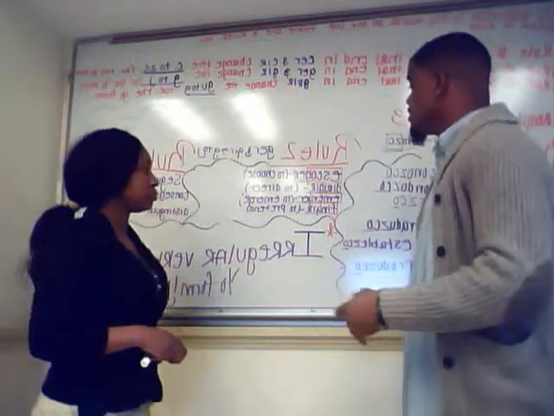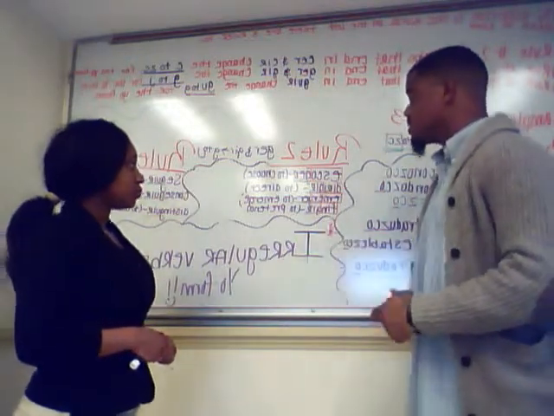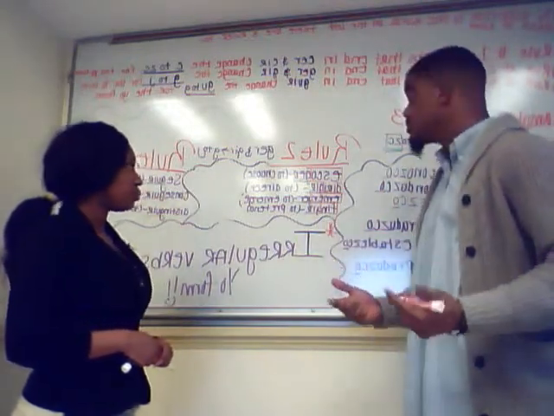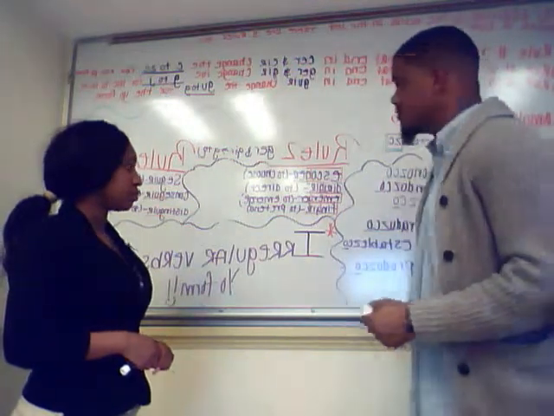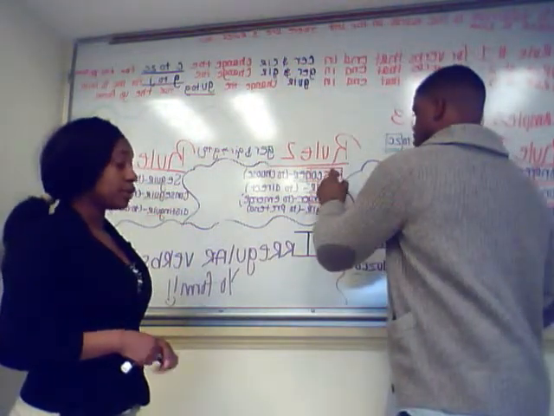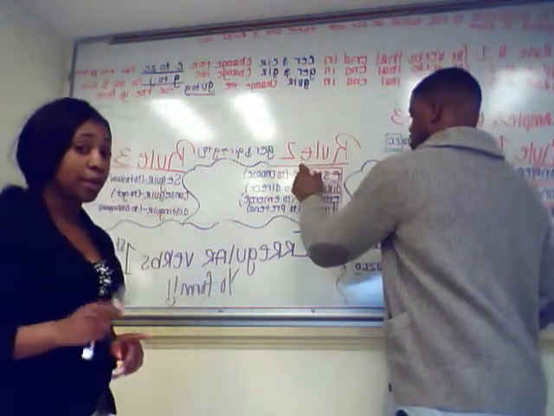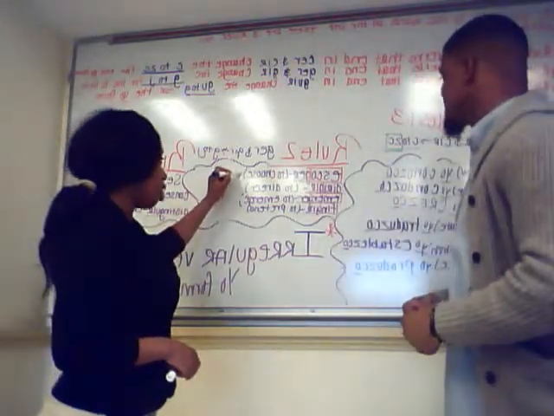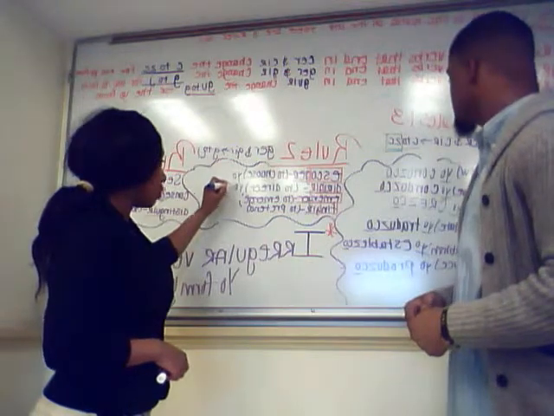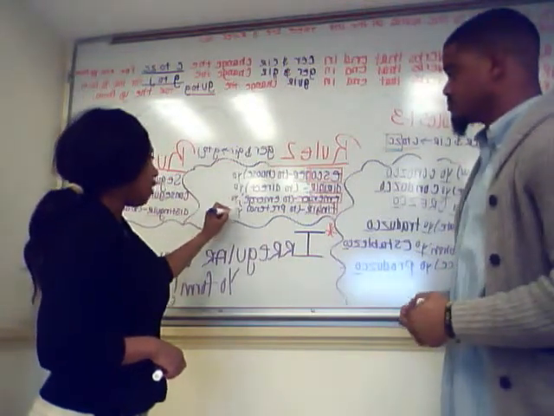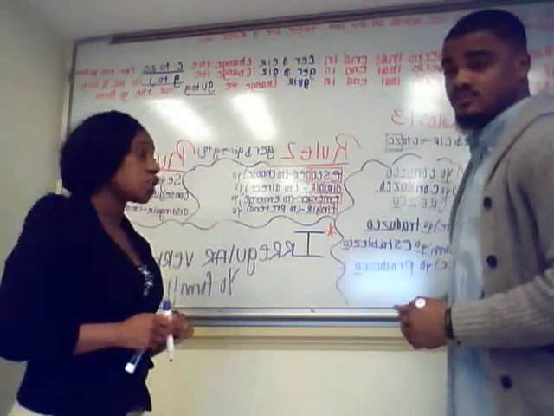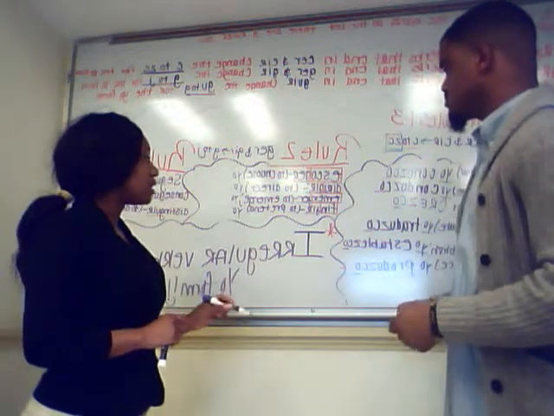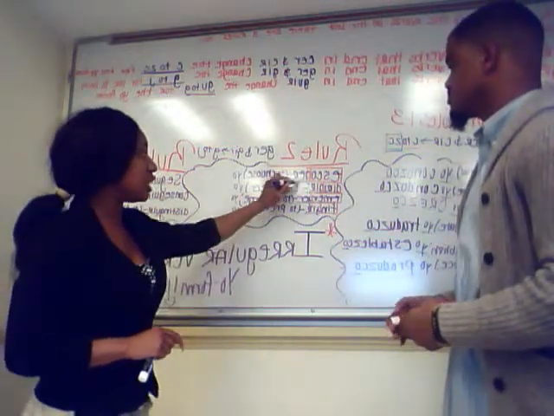Okay, so first word we have is escoger. We're going to keep the ESCO and take off the GER. And we must remember, we're going to go ahead and already put in our yo form for it, okay? So that we know, all of these, we're going to have our yo in front. Now going back to what we were just talking about, we see that we have to take out our GER.